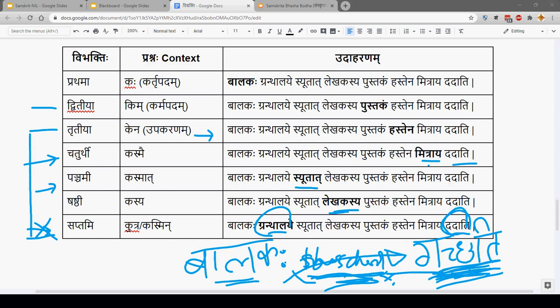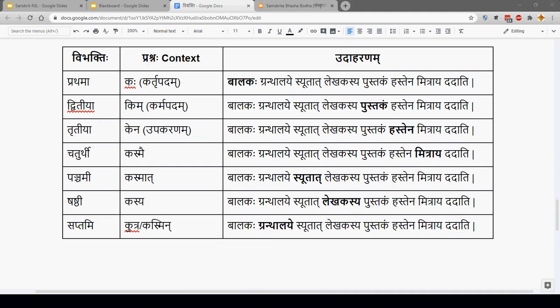So as you looked at the roles of different vibhaktis or the case endings here, none of them is suitable for the use of this school. And obviously prathama is also not suitable, because the school is not performing the going action. The only one that remains is the second case, and that is suitable because the reaching action is being performed on the school. So in Sanskritam, all the